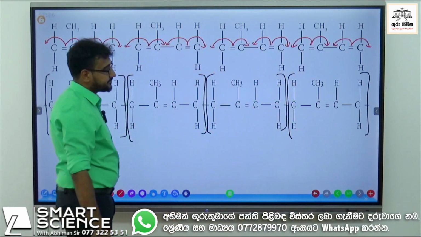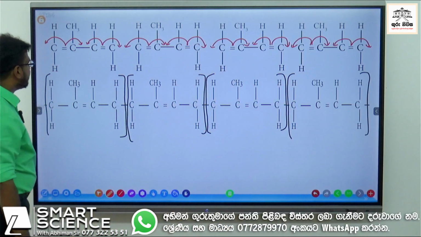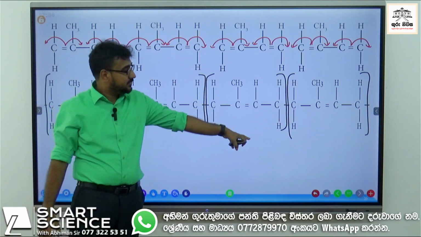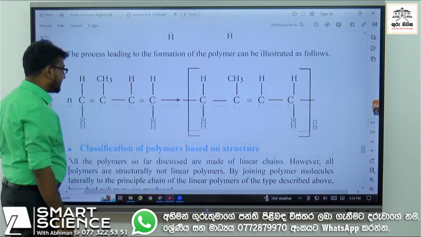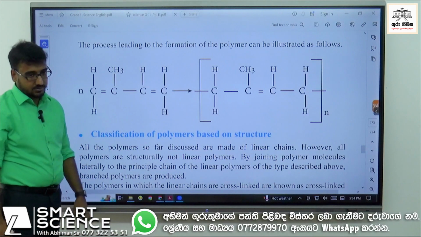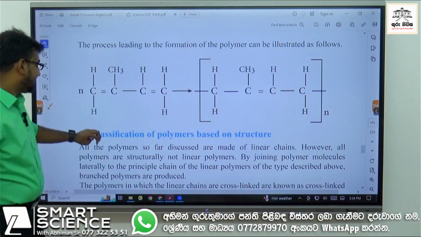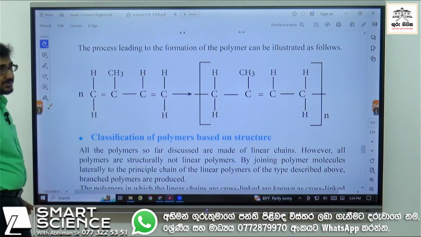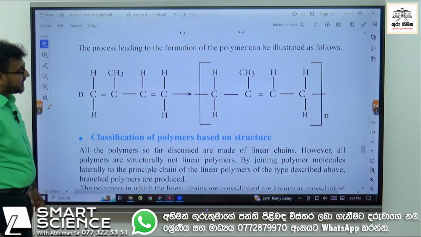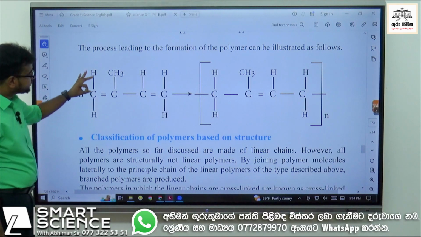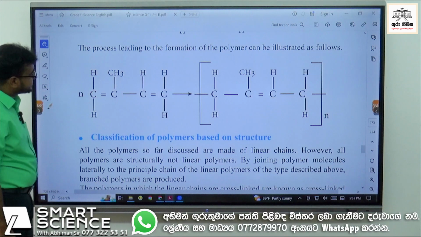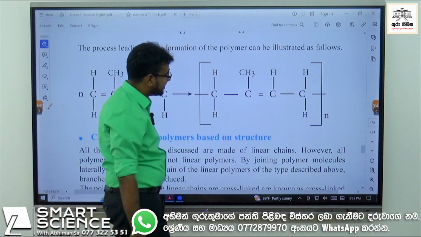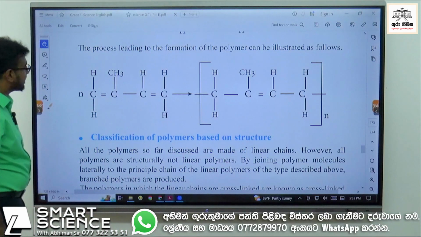Right. Then how to represent that? Again you have to write the monomer and this structure and put N at the bottom of it like this. You should be able to draw it on your own. Keep this in mind, they ask about rubber. H2H, CH3, double bonds like this. Okay. Then